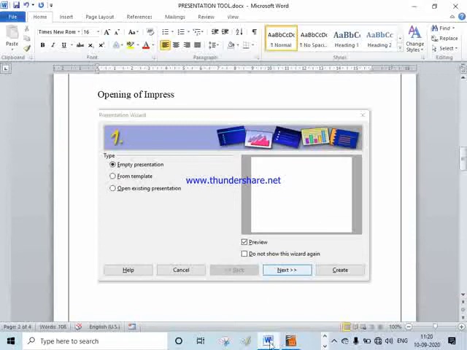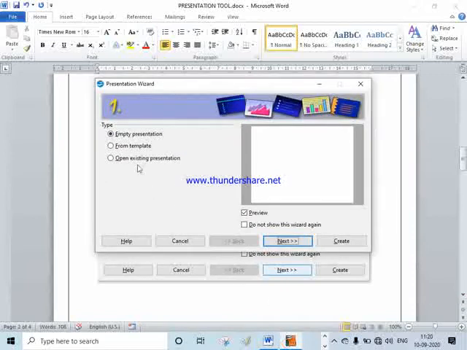You have to select one option at a time over here. If you want to create a new presentation, or say an empty presentation, then go for empty presentation. If you are going to create your presentation from templates, templates means predefined objects, and if you want to open your existing presentation, then opt for this option.